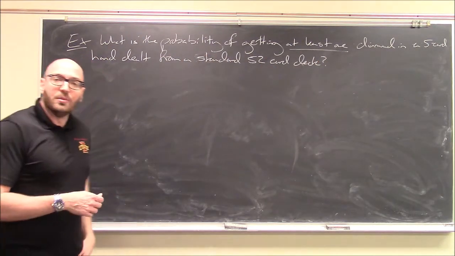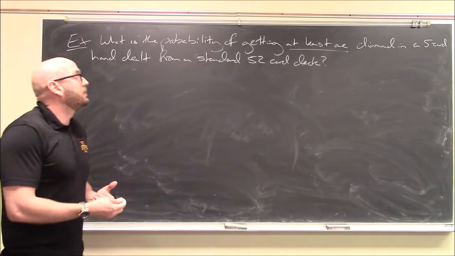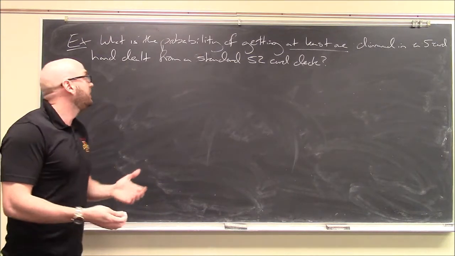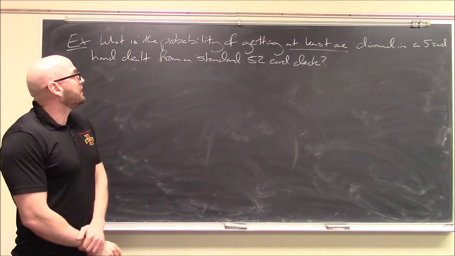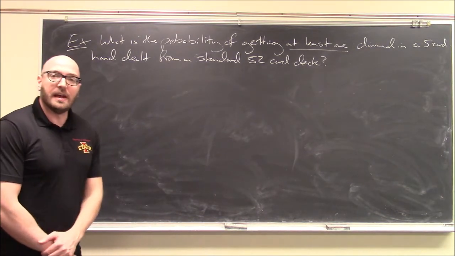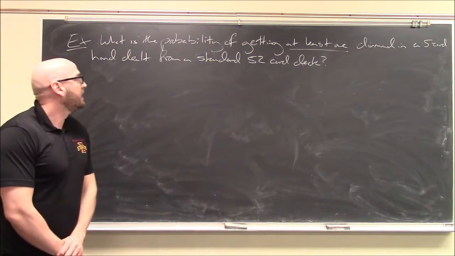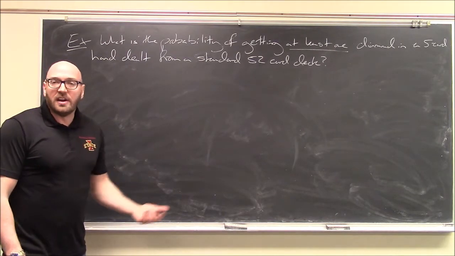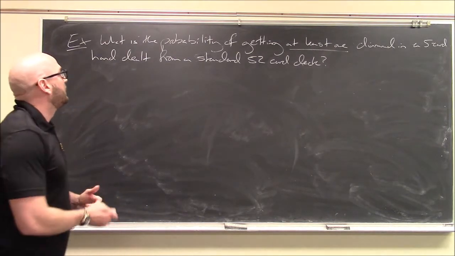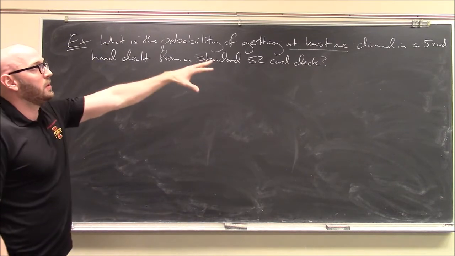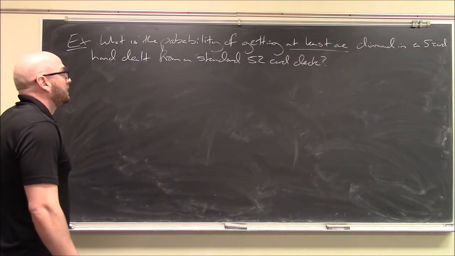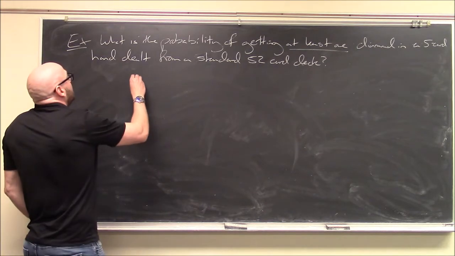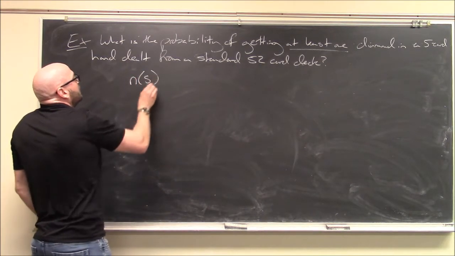Alright, so here's a slightly more complicated example, and I want to do an example like this where we have a very large sample space. So it's what is the probability of getting at least one diamond in a 5-card hand dealt from a standard 52-card deck. So of course I'm not going to write down the entire sample space, the sample space consisting of all possible 5-card hands dealt from a 52-card deck is absolutely huge, but notice that we don't really care about